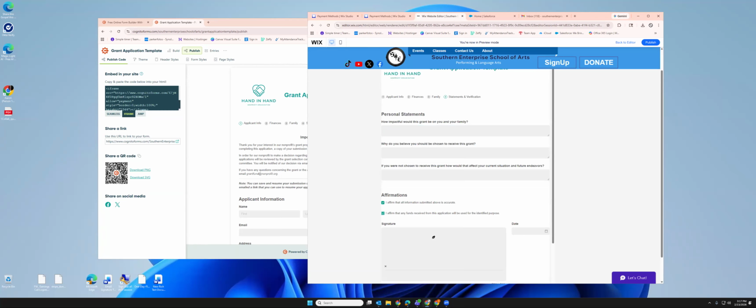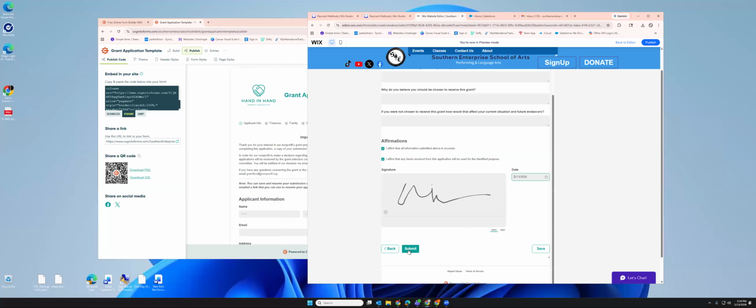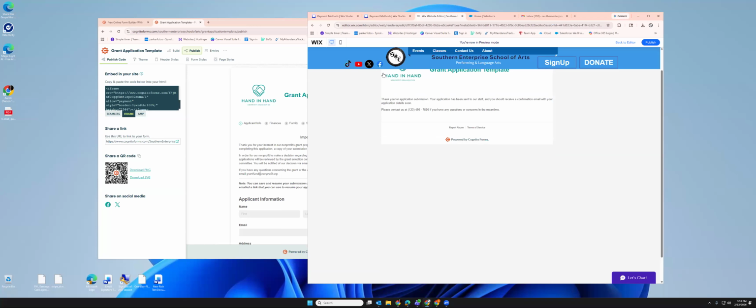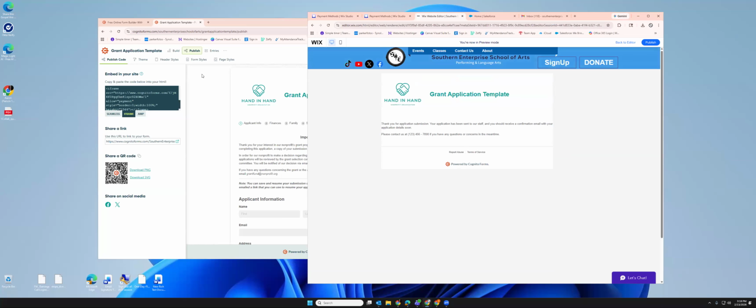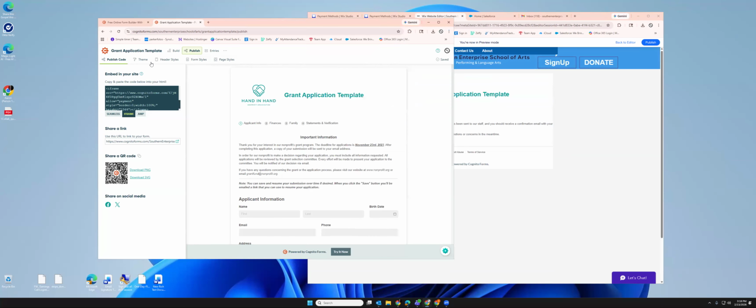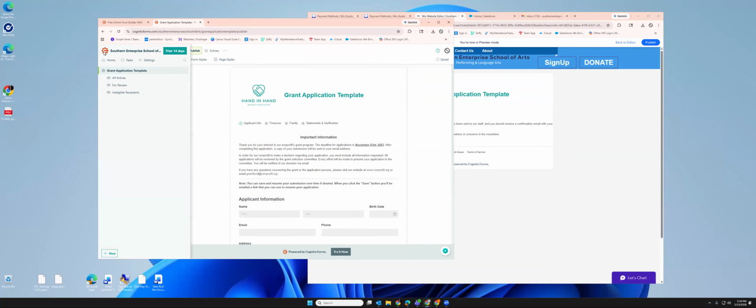See affirm. I'm just gonna sign this about like that. Today's date. And I'm gonna click submit. Now, once I click submit, I didn't upload this. I didn't publish this. So I don't know if it would take. But if I go back here and I click on grant applications,